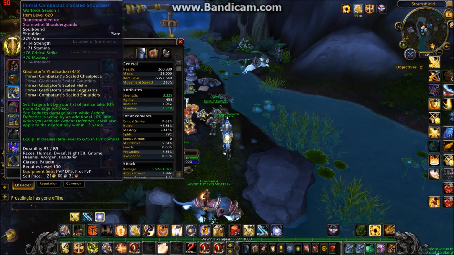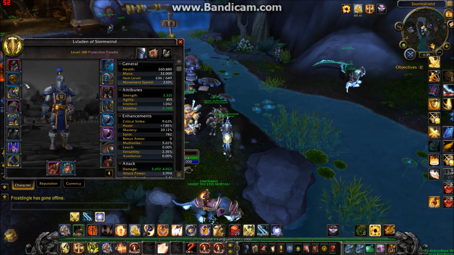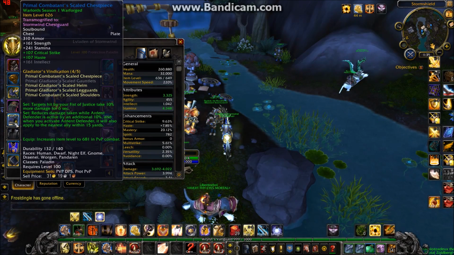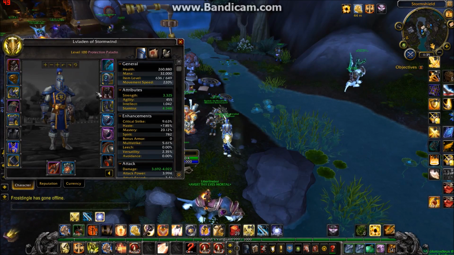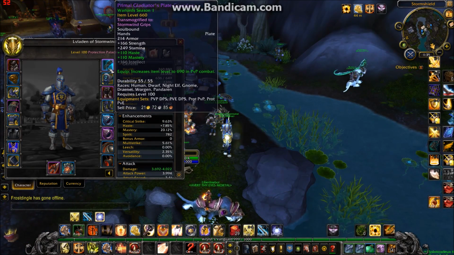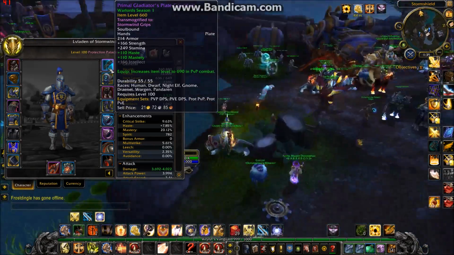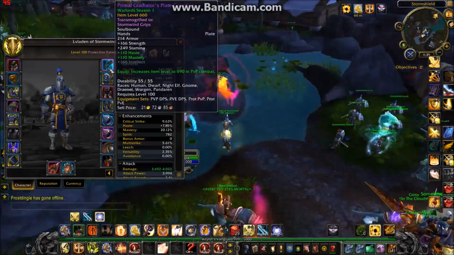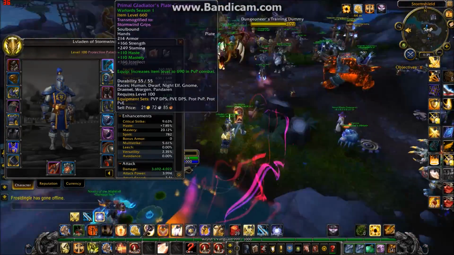You want to go for your 4-piece set bonus, which you should wear your set piece head, your set piece shoulders, your set piece chest, and your set piece legs. Your hands, however, the set piece hands have crit and multi-strike. Those are your worst stats, so you want to get rid of it for a, I believe it's haste versatility